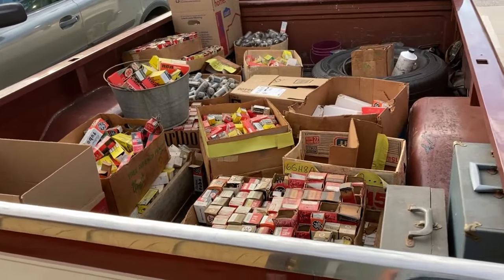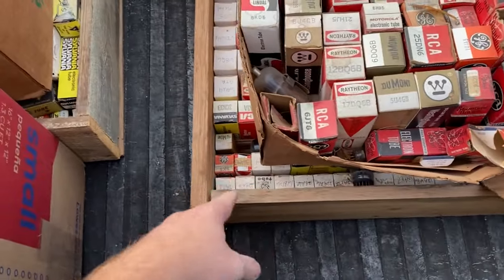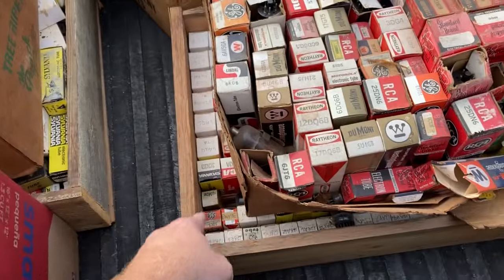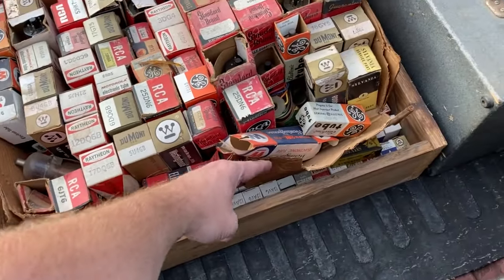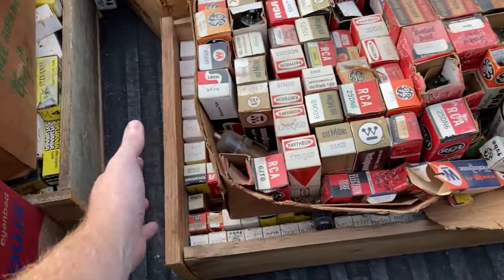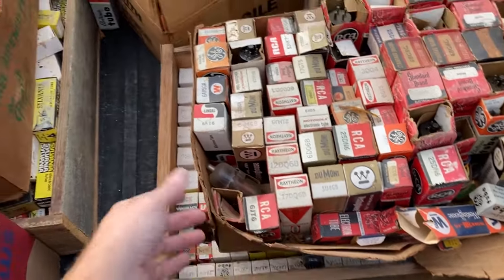All right, folks, so I picked them all up. Let's see how many we got. What do you think? 1, 2, 3, 4, 5, 6, 7, 8, 9, 10. 1, 2, 3, 4, 5, 6, 7, 8, 9, 10. 11, 12, 13, 14, 15, 16, 17, 18, 19, 20, 21, 22. There's about 220,